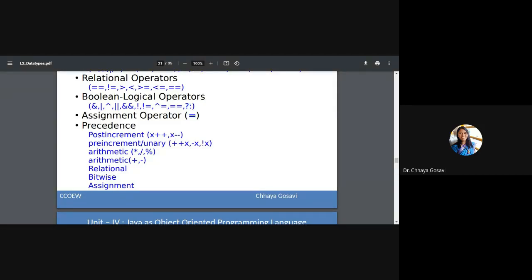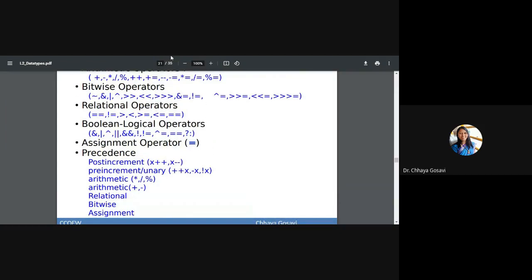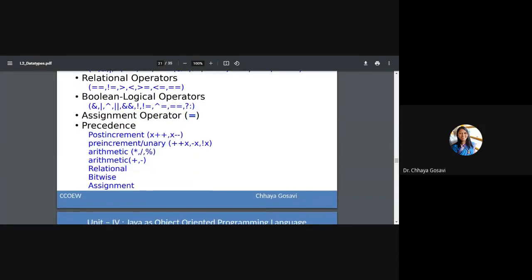Then you know about the assignment operator. Then precedence. If on a single line all these operations are given, A plus B star C mod D, etc., precedence is always given to post increment, X plus plus, X minus minus.